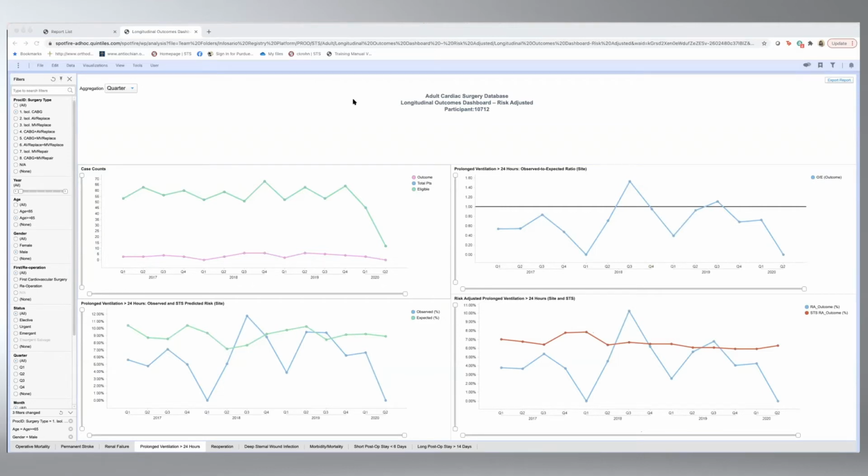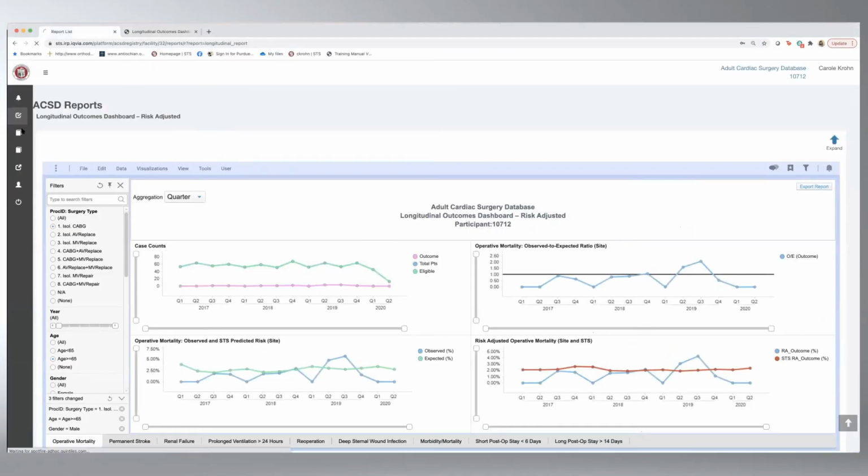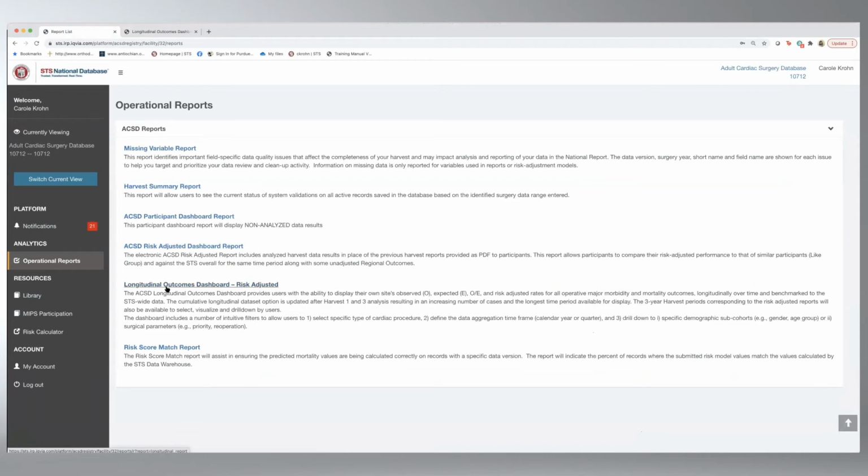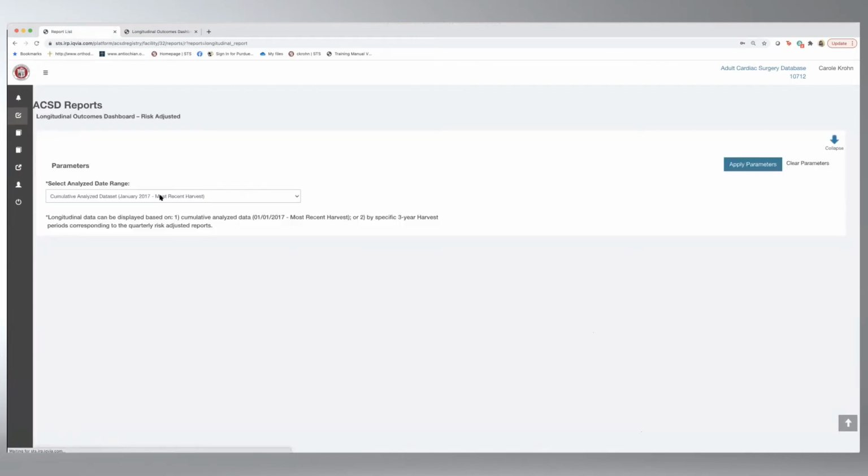Before we go into the dashboard, we will make that change to the landing page for the dashboard. Rather than say the most recent data, we will say the last analyzed data. So you're talking here about most recent harvest. Everything that we are showing you in this dashboard is after